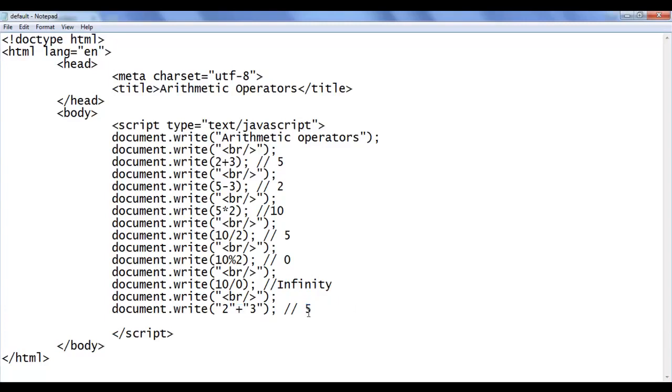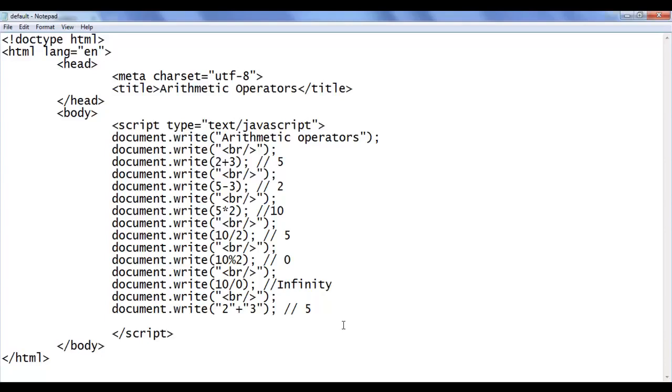What if we want to get the result 5 instead of 2, 3? I want to get the result here 5, not 2, 3. This is one of the special cases. There are some situations you come across where you need to add a string and a number. So here what you need to do is take help of data type conversion functions.